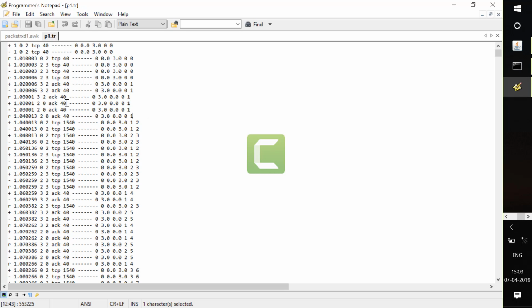This 40 is nothing but the packet size, that is 40 bytes. This dotted symbol indicates the flag. This is the flow ID, the next column. Then there is the source address, port number, destination address, port number, and sequence number. These are all the parameters of the trace file.